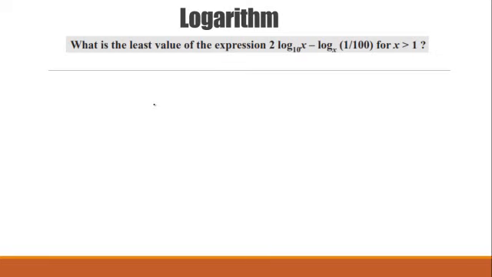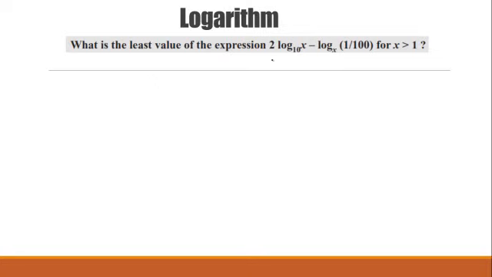You can find the use of logarithm in straight line problems, or in AP-GP series and sequence problems, or in inequations. In everywhere the application of logarithm is there. In trigonometry also, in some cases, the logarithm problems are there. That's why the importance of logarithm is there, and the student should learn logarithm very carefully. Now here we are going to discuss this particular problem for the 10th standard student.